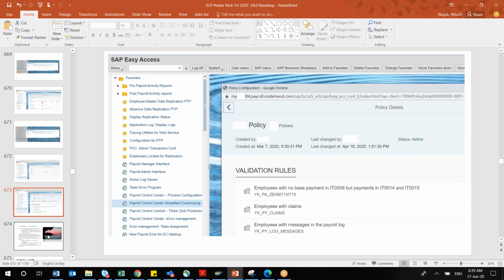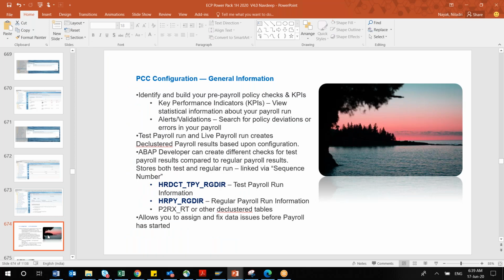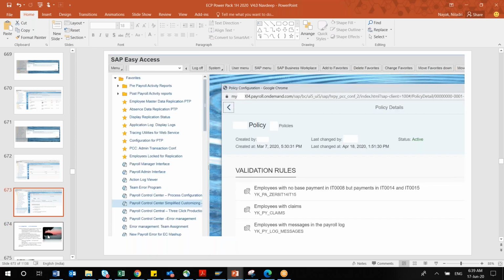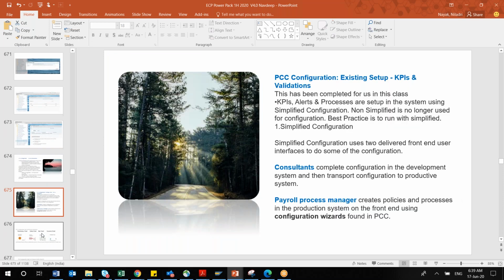So validation rules, like he can see in the front end system. Okay, so this is the way we have to understand. You can also maintain this in the SAP GUI itself, and directly from there you can access the same thing. This access is ideally given to the manager, payroll super admin, or the consultant generally. The same thing you can achieve via your SAP GUI as well.